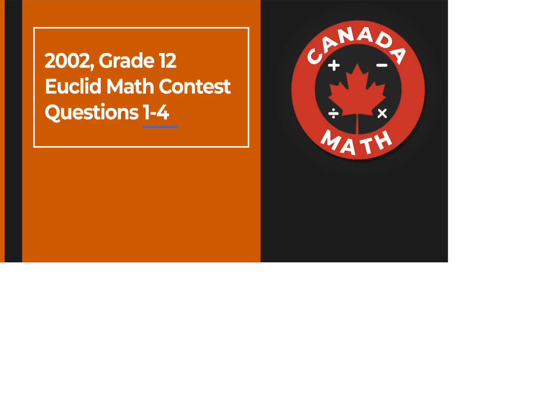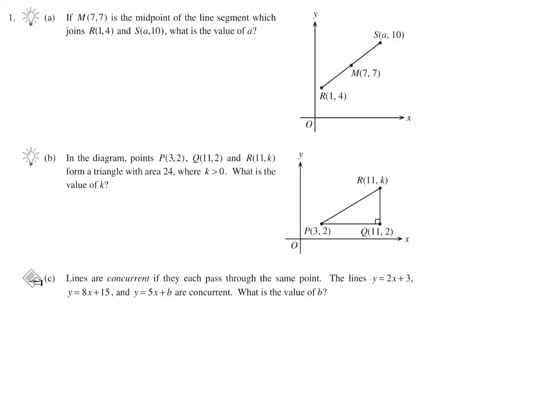Questions 1 through 4 on the 2002 Grade 12 Euclid math contest. If M(7, 7) is the midpoint of the line segment which joins R(1, 4) and S(A, 10), what is the value of